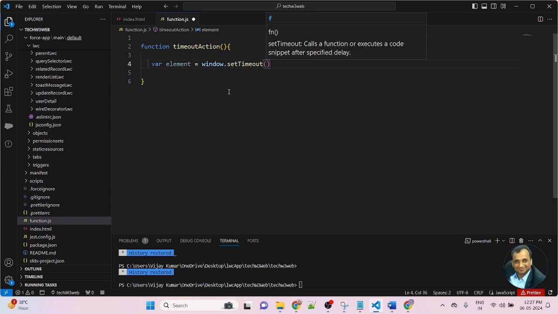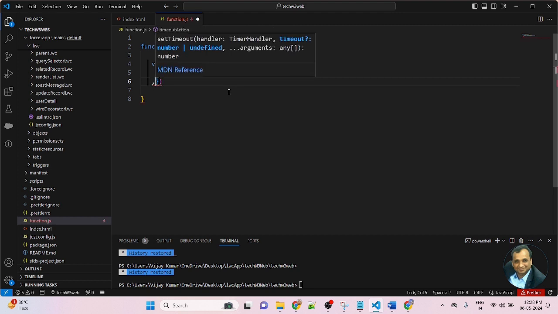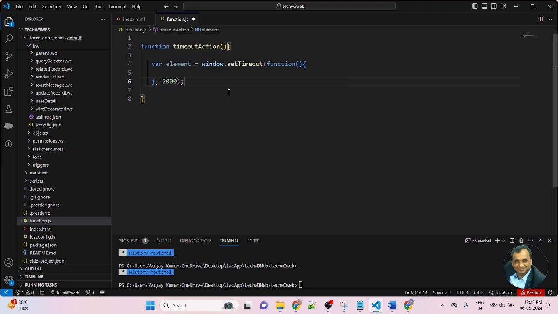Inside the brackets, I am using a function. After the curly bracket, use a comma. Then pass 2000, a number value. That means it will be executed after 2000 milliseconds.